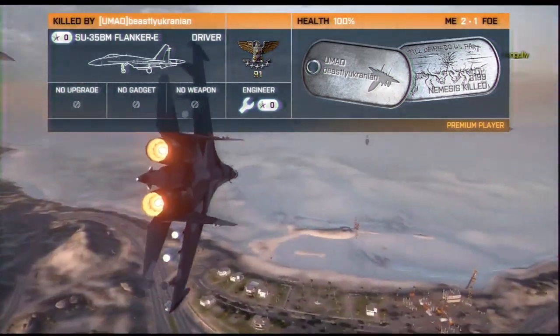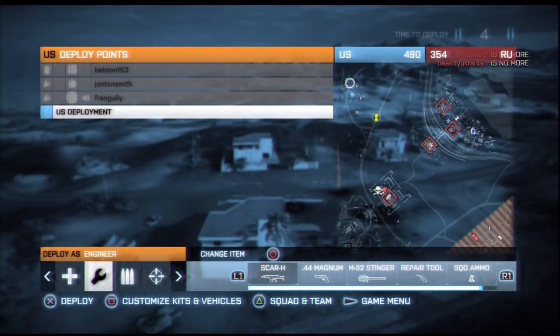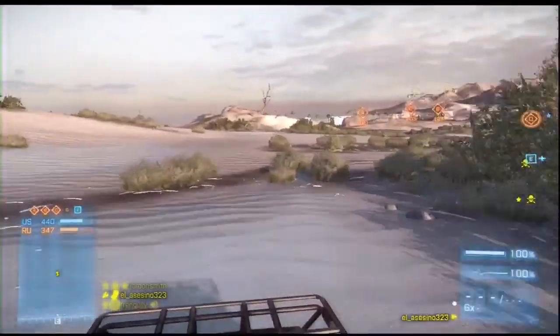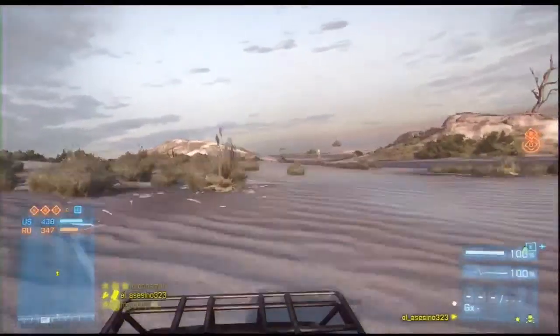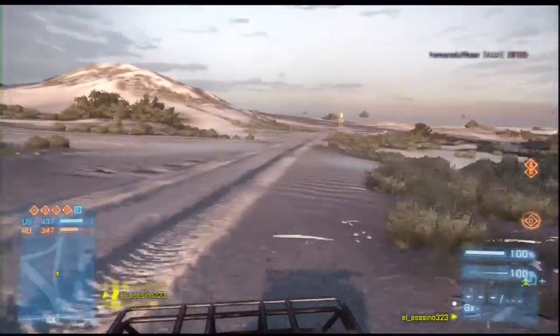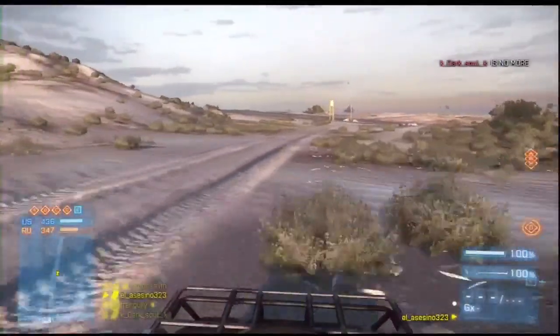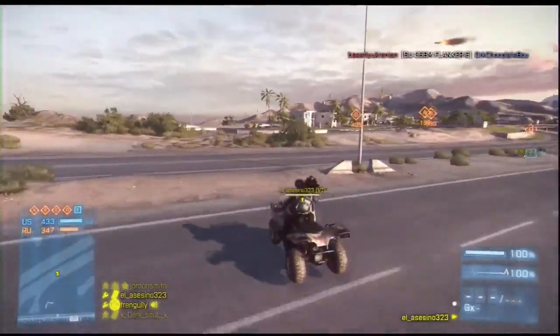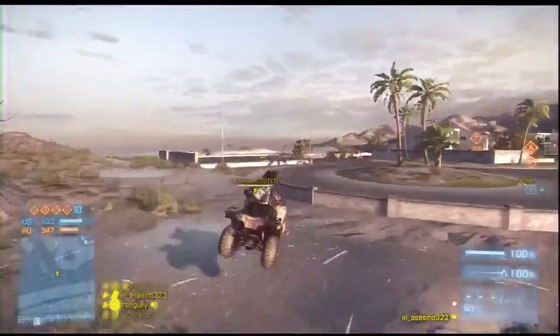A, B, C, D, and E. Anyways, Bandar Desert is huge. What I think of Rush is that it's pretty cool. It's fine, just like any other Rush map: there are 2 MCOM stations, and you move up and move up. But what I feel about Conquest is this: